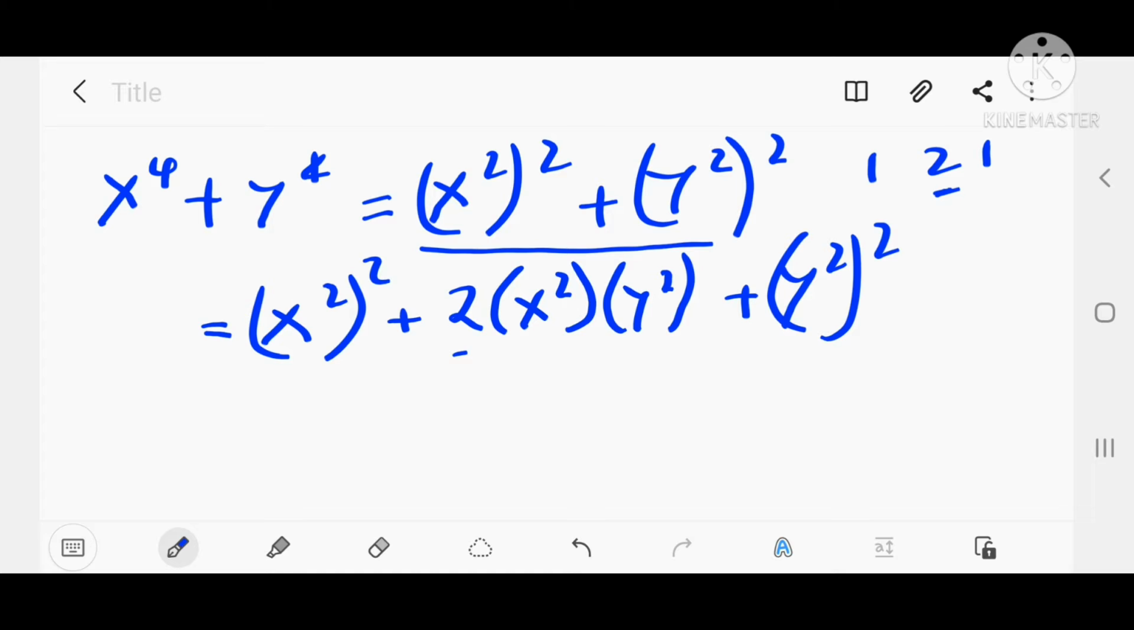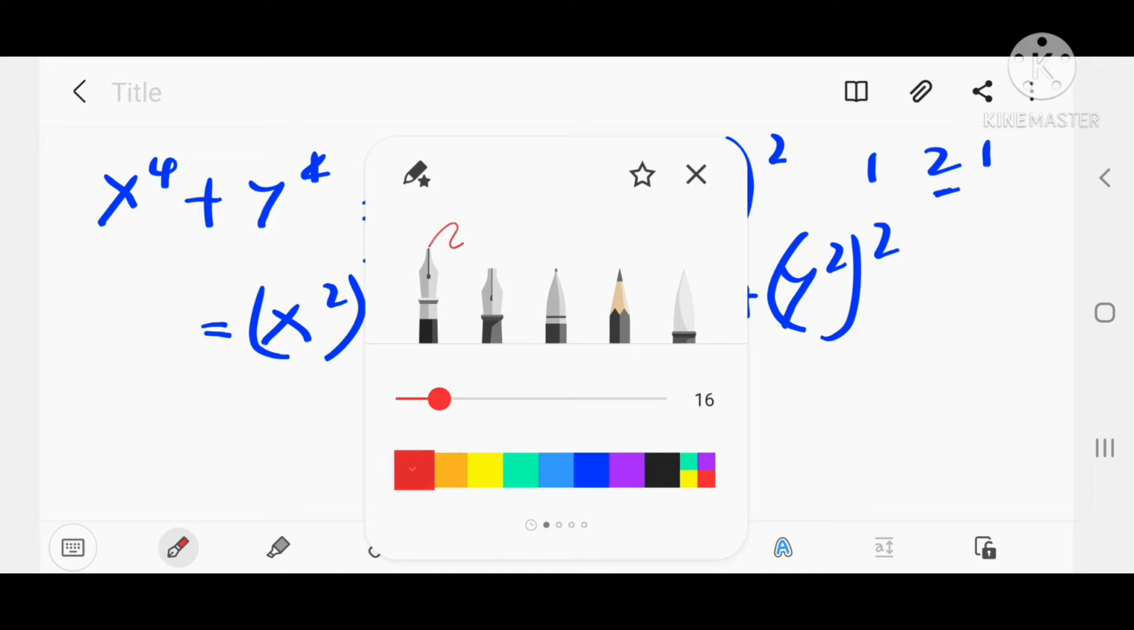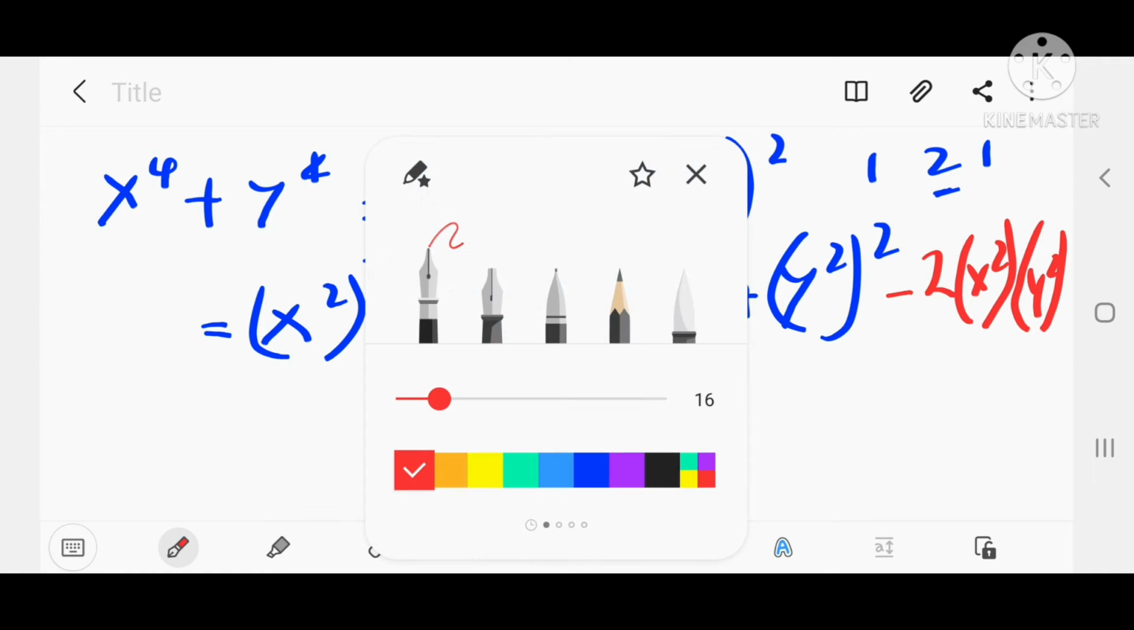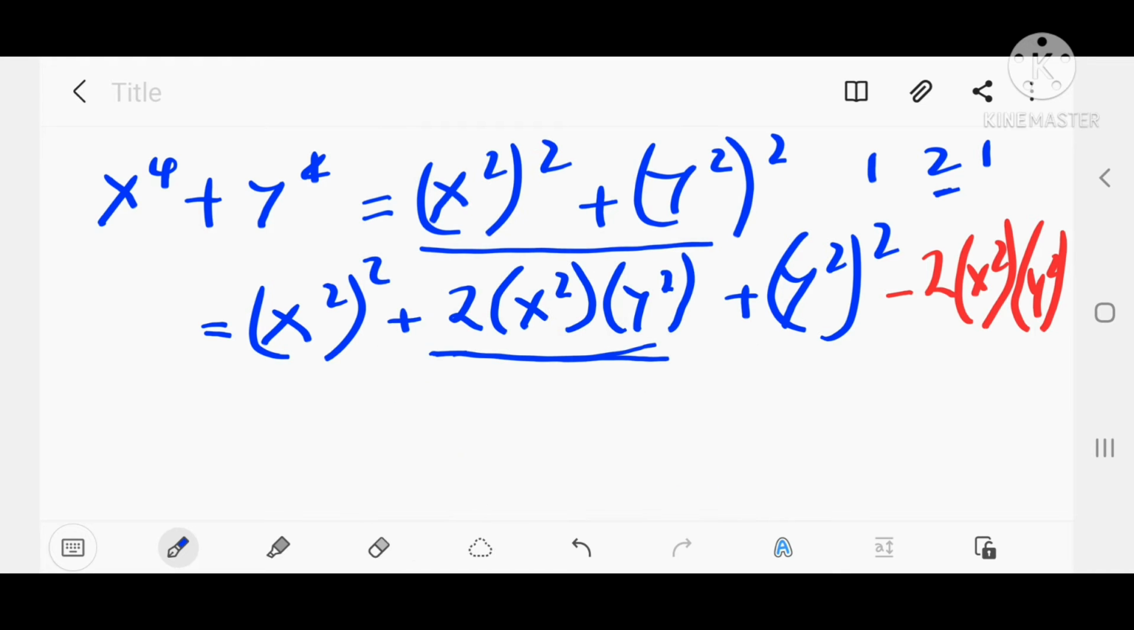Now we realize that there is an addition of this term. So what we do is turn the term back to 0, to make the whole expression equal to the first expression. So we take the inverse of this. That will be minus 2 x square y square. You get that? So this will be equal to